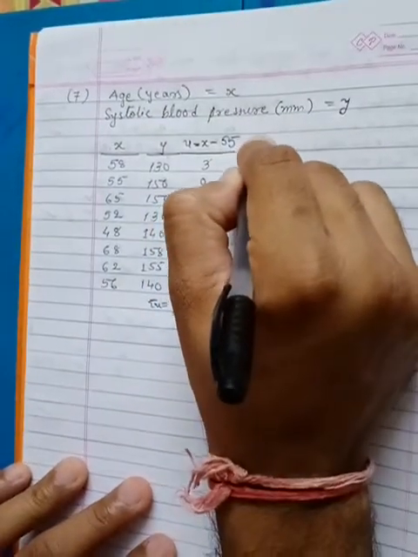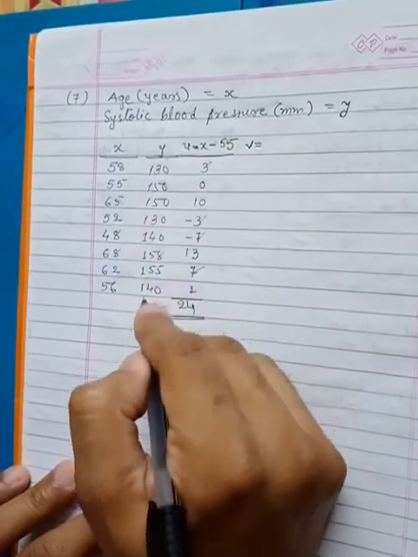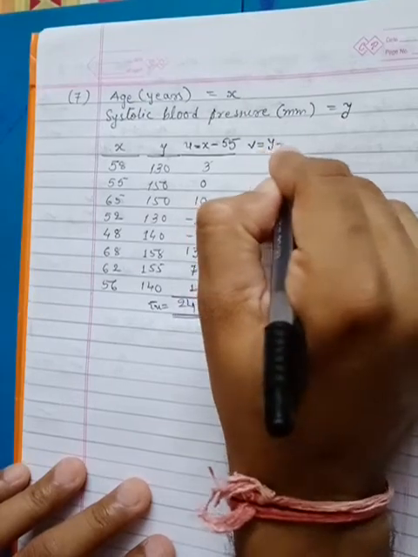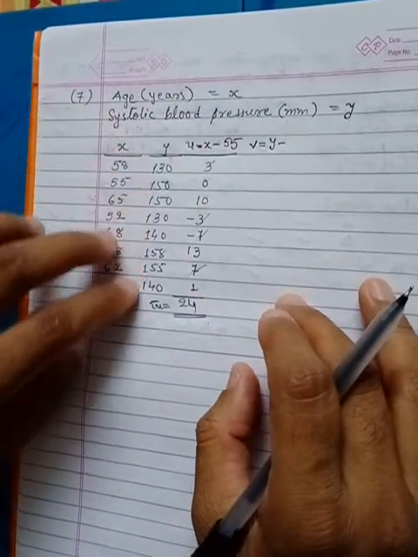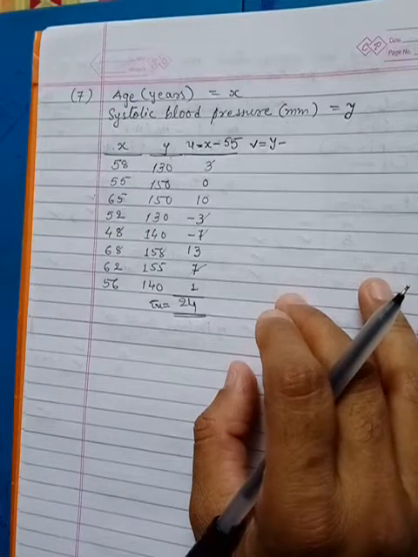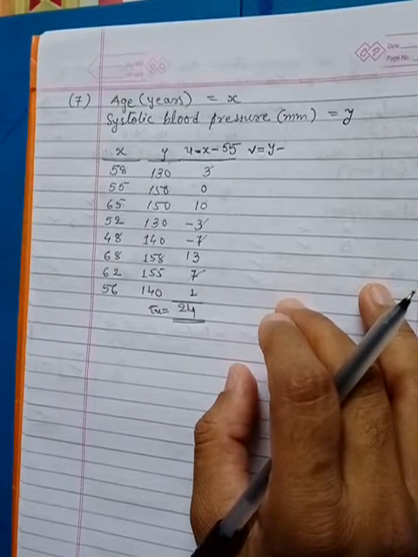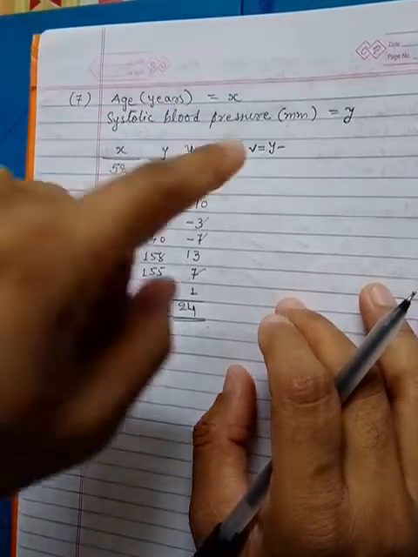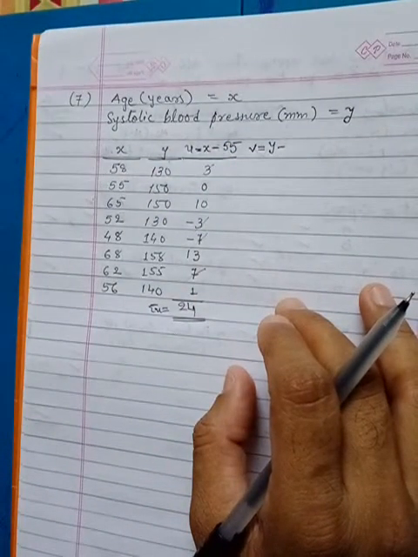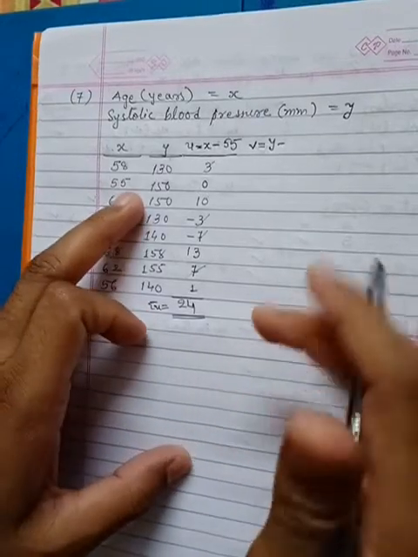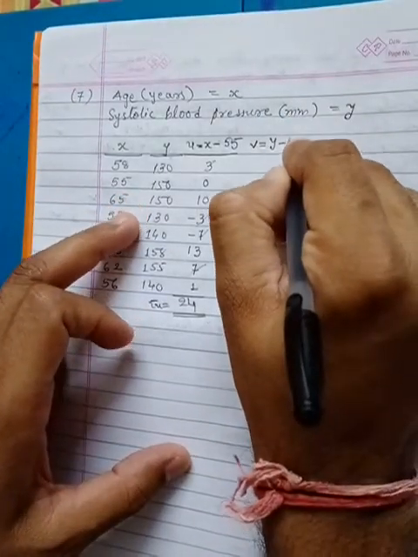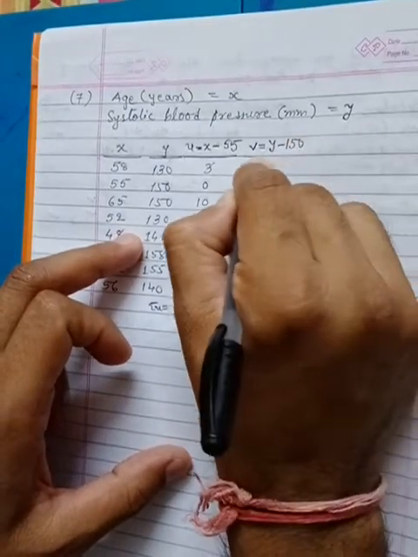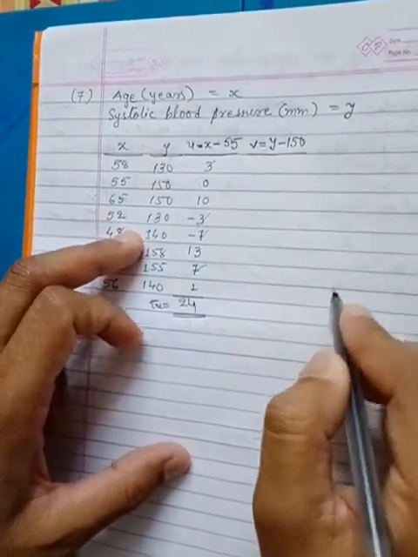Now the y variable will be converted into a new variable, v. So I am going to take v equal to y minus any one value out of the given values. You have to take that value so that the calculation becomes easier for you, as well as this deduction. So I am selecting, say, 150. I will take 150. No problem, you can take any other value also.